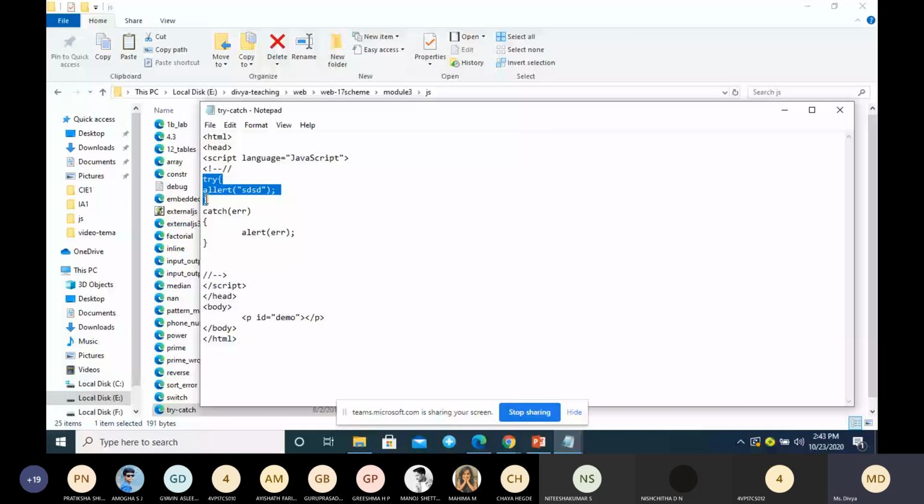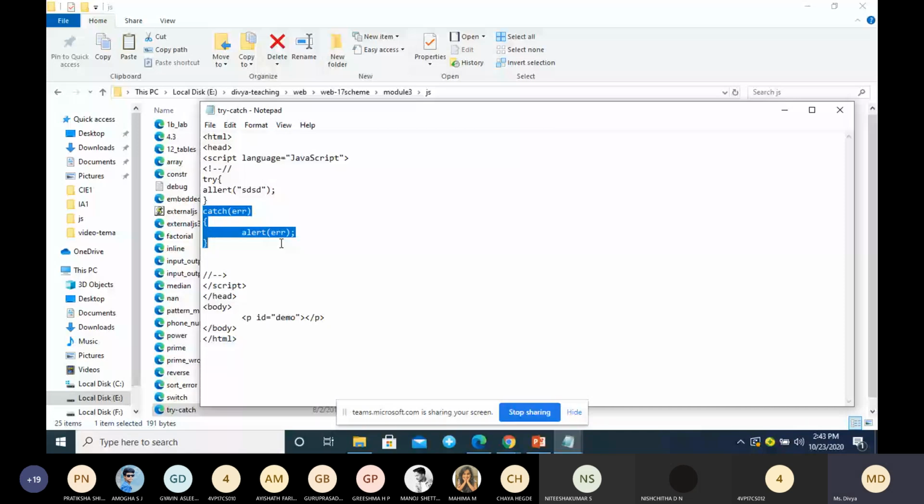Inside this, purposefully, instead of alert I have used double L here, and I'm trying to display something. Okay, and whenever you are trying to execute this statement, the alert will throw an error. Okay, so that error will be caught using this catch.